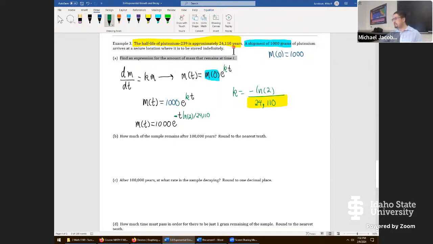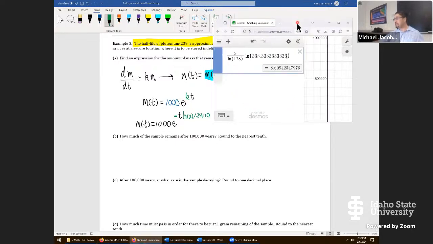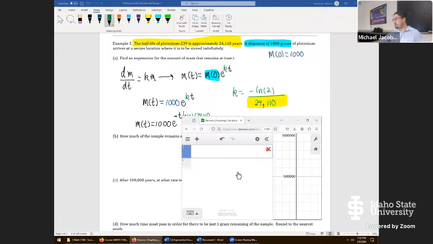And that's not too bad in a way because 100,000 years is almost 4 half-lives. So you can almost reverse engineer and get an expectation before you even do the computation. Let's do that ourselves, because it's a good test-taking strategy. Before we even calculate, we want to have an expectation of the number we're getting. So if we started with 1,000